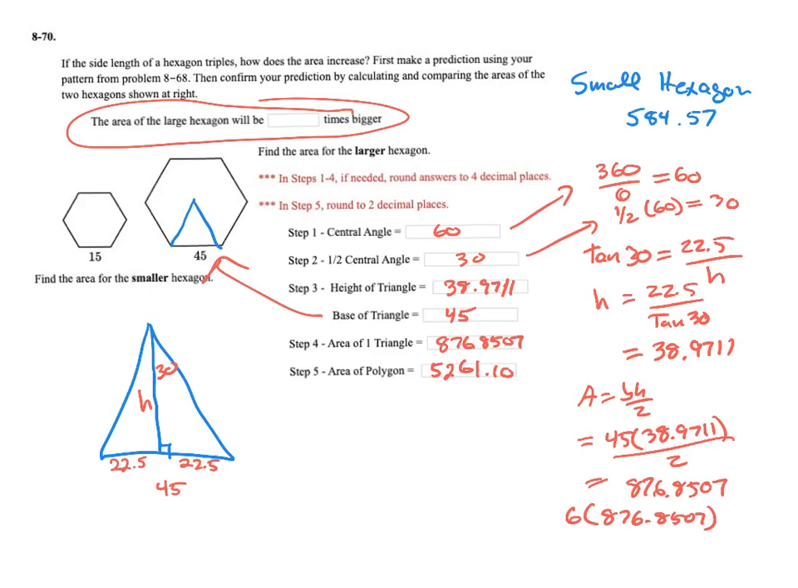Now, originally the question asked us up here, the area of the large hexagon will be how many times bigger? Well, let's figure that out by putting it in as a ratio. So if we said the small hexagon is 584.57, divide that by the large hexagon, which is 5261.10, and you'll get something like